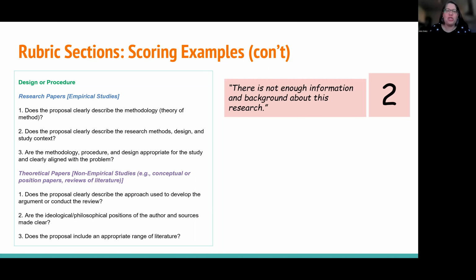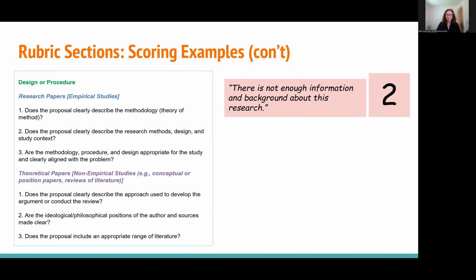Yes, so I just want to briefly reiterate what Beth said before. Just because NARST chose design or procedure as their heading for this criteria, make sure to be open-minded and accept the fact that people might not use this. For example, I use methods in my headings, so it doesn't mean that I'm not addressing the design or procedure. I'm just calling it in a different way. So don't be hung up on words,